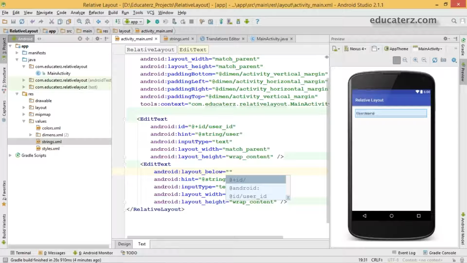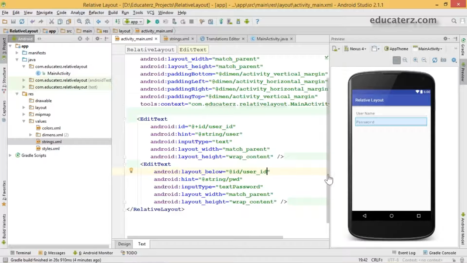As you are referring, there won't be any plus symbol. Remember it, at the rate ID, something like if you are giving a mail ID to somebody else, we refer educators at the rate gmail.com, educators at the rate xyz.com, something like that. Okay. So now immediately if you observe in the preview, the password edit text has moved below your first edit text, that means the user edit text.